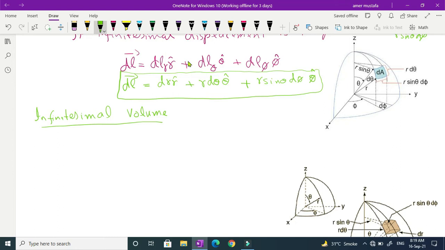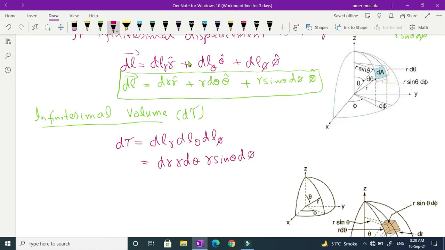So we can write infinitesimal volume, which is denoted with d tau, is the product of dl r, dl theta, dl phi, and dl r is equal to dr, dl theta is equal to r d theta, and dl phi is equal to r sin theta d phi, and so you get the infinitesimal volume